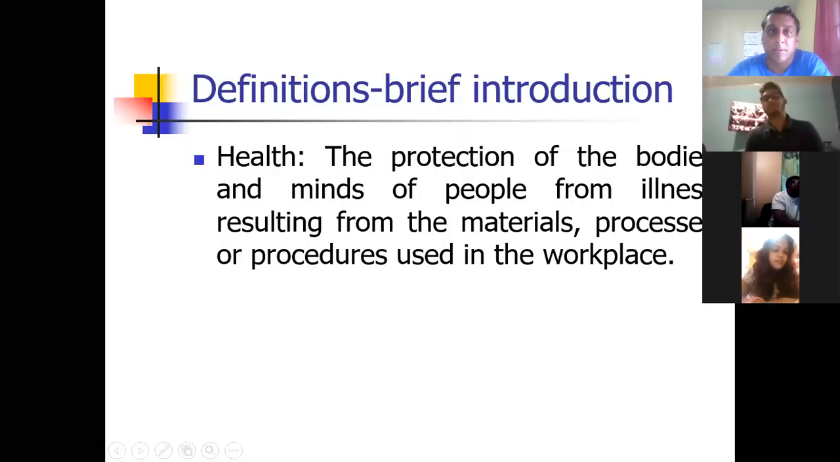Right, so some brief definitions for the NEBOSH National General Certificate course. We have health: the protection of the bodies and minds of people from illnesses resulting from materials, processes, or procedures used in the workplace. So in terms of occupational health,